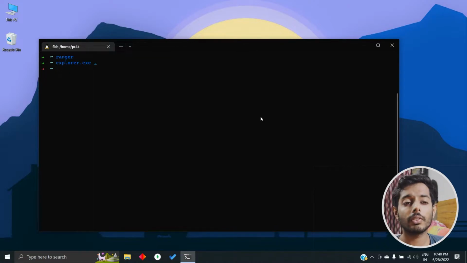Earlier, the general pattern is that people dual boot, so they start Windows and then start Linux as a separate environment. The problem is then you have to mount the Windows drive to Linux, but you cannot do vice versa, or you can do it with a lot of different formats. Instead, if you use a terminal, it becomes easier, and it is a far better experience in my case,